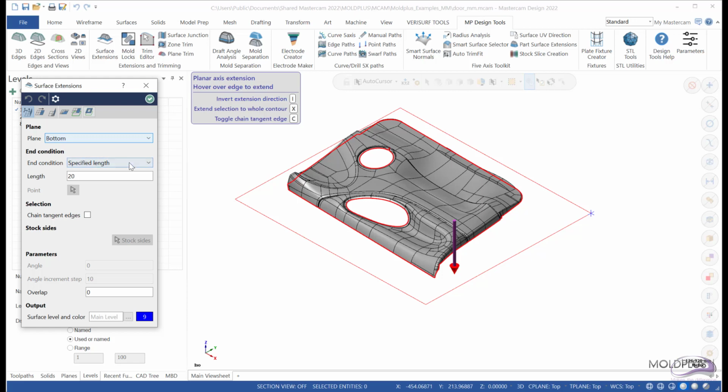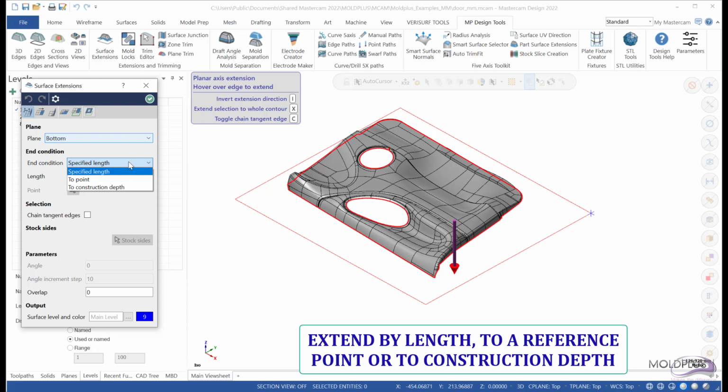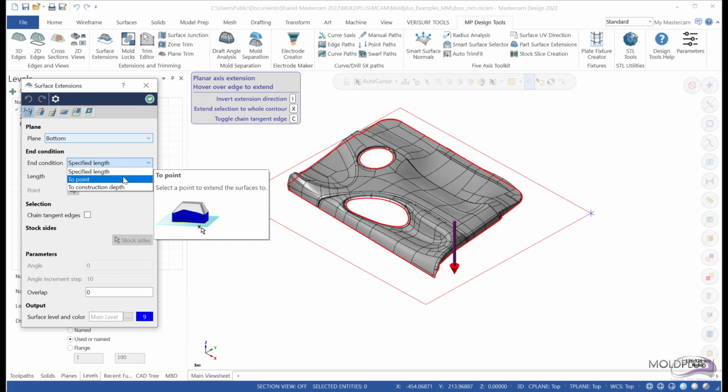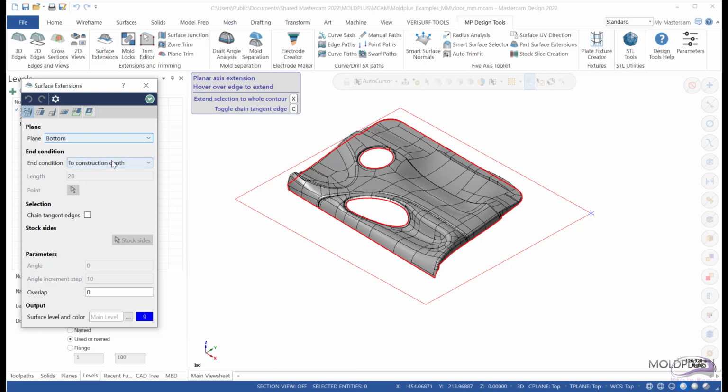And you also have the end conditions, which can be to a specific length, to a point, which is a new feature now, and this can be the edge of another surface or another reference point on the graphics area to extend to, and you also have construction depth. The first option we will look at is the planar extension, and if you look at it, we're extending to